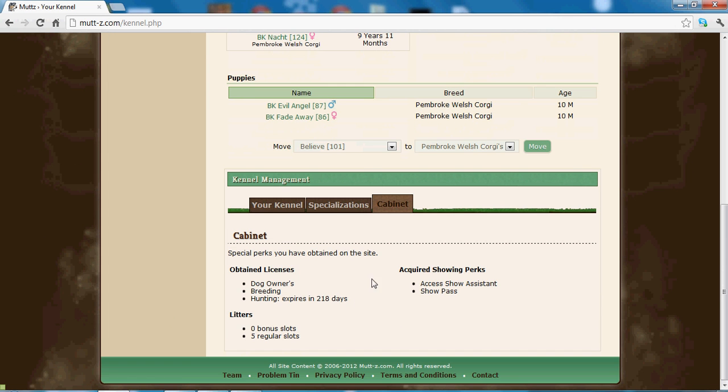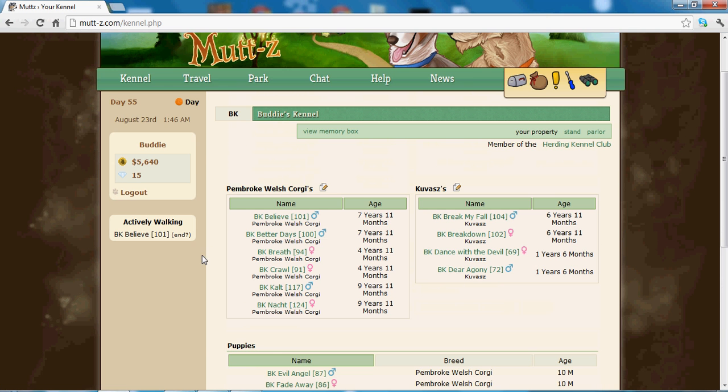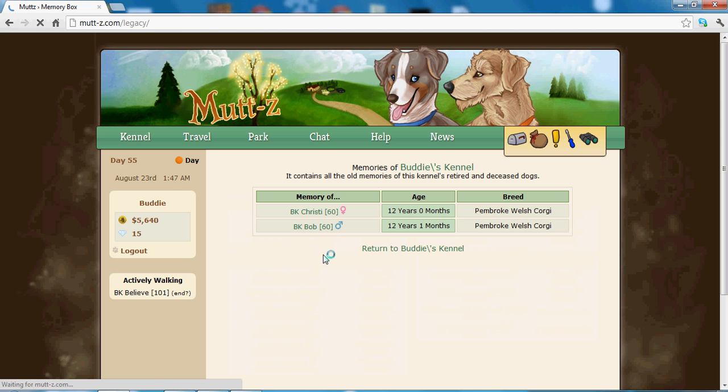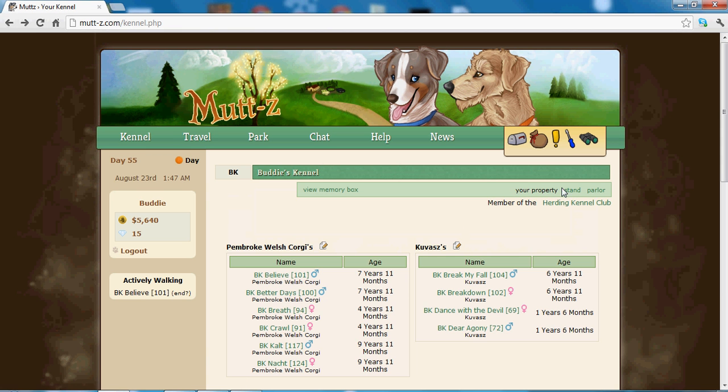And in the cabinet you could just see, as it says here, special perks that you've obtained on the site. So it just shows you any perks your account might have that you've obtained. Up here, memory box is just the dogs that are deceased or retired. Here you can see it just lists your properties that you own and the kennel club that you are a